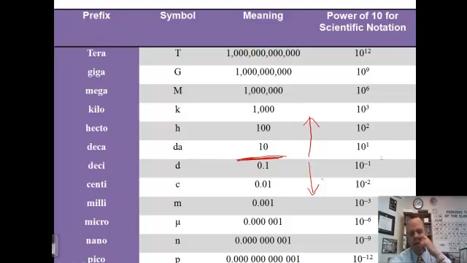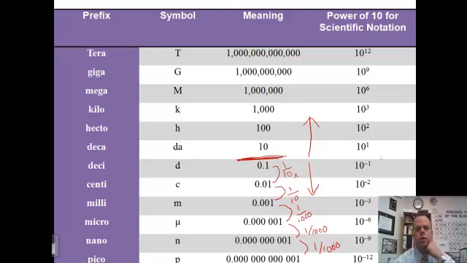Then you go 1,000 times larger. So in each of these gaps, this is a difference of 10. So this is 10 times smaller, 10 times smaller, or really 1/10 the size. 1/10 the size here. Now we're looking at 1/1000th the size. Once again, that would be 1/1000th. And this would be